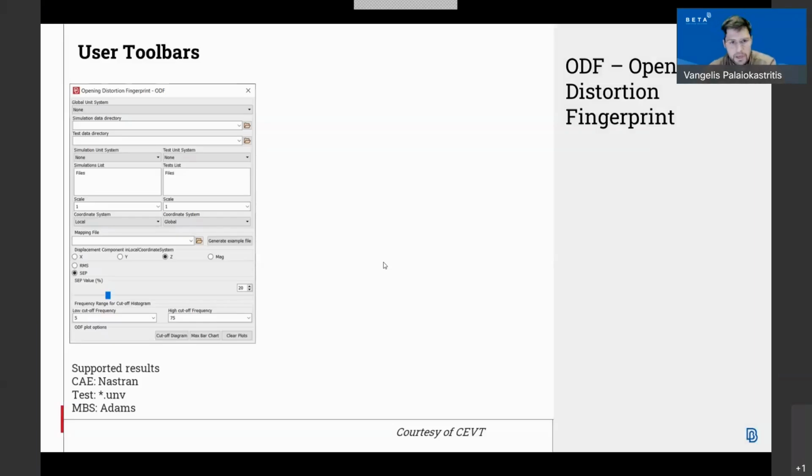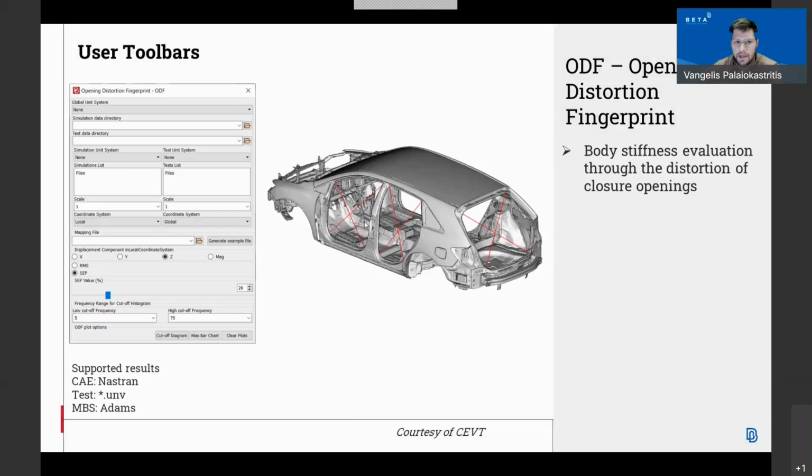Moving on, we will see a new toolbar that implements the Opening Distortion Fingerprint method. The ODF method evaluates the stiffness of the body based on the distortion of the closure openings. Every opening has two diagonals defined, and each diagonal is defined by two nodes.